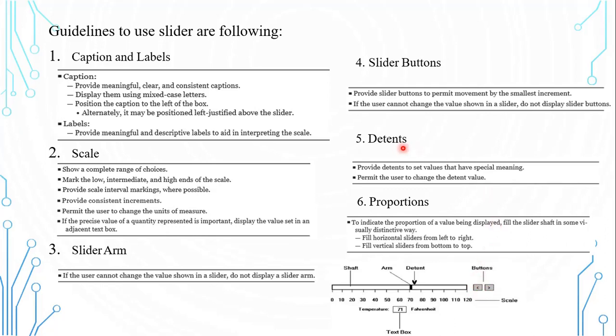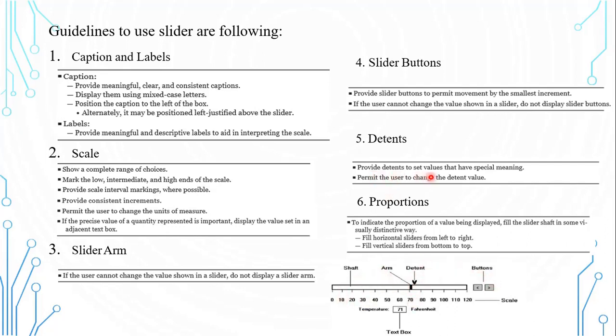And next we have detents. What is actually this kind of detent? In mechanical terms, if you are having a door to a house, you may have a lock like structure which stops the door when there is wind. That's a detent. Similarly, here also we have a detent. In slider bar also we have a detent.